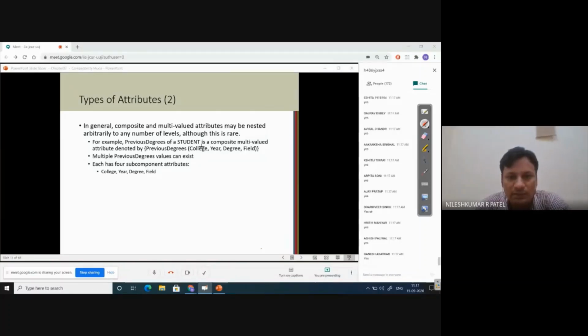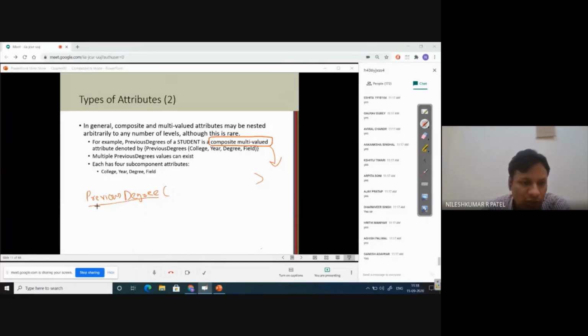We call this composite multi-valued attributes. It means combining two things: there is one composite attribute and one multi-valued attribute, and we can combine these two. For example, previous degree. Assume previous degree is one attribute for the student entity type. We want to divide this previous degree into multiple components.